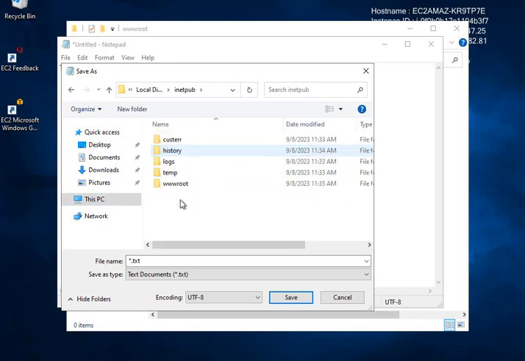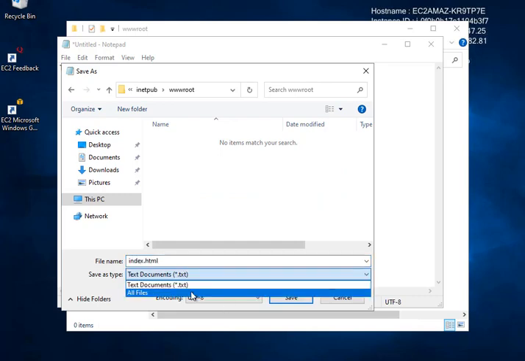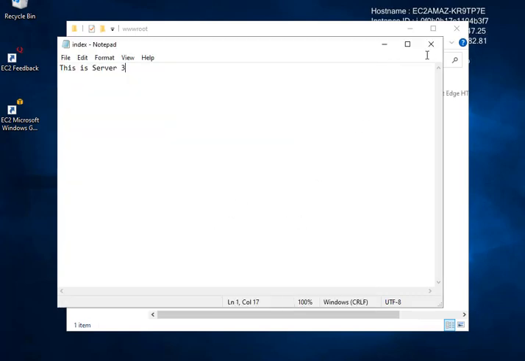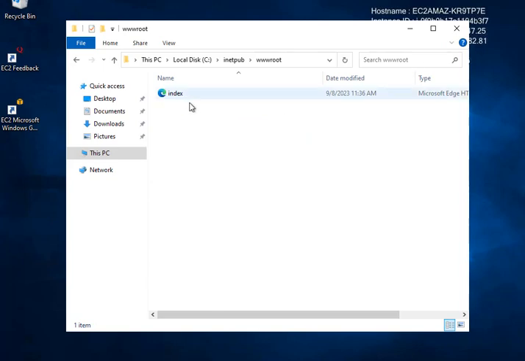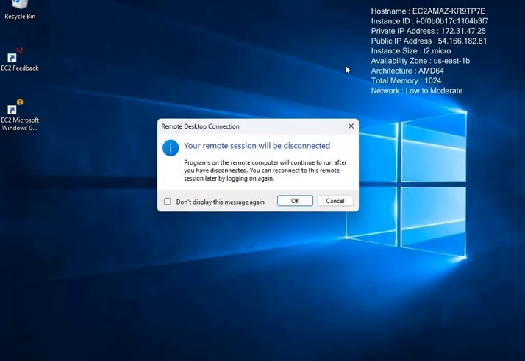inetpub, wwwroot, and the name of the file is index.html. Save as type is all files. So click on save. Close this file. You are able to see this file over here in the desired location. The same thing we did for server 1 and server 2. Now I'm closing this server, the RDP connection,